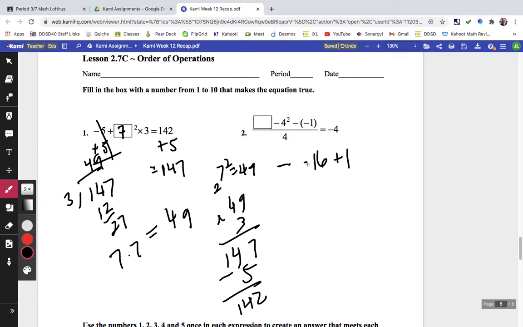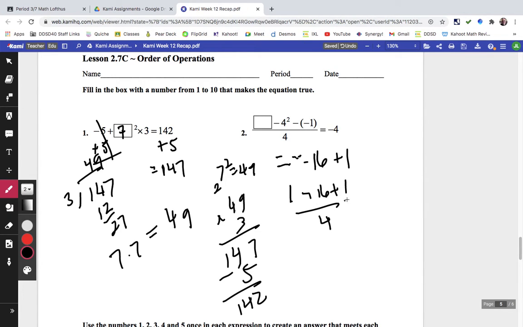So if I just put a -1 in here, except it wants 1. Let's see. A number from 1 to 10. Well, let's see. So if I put in 1 minus 16 plus 1